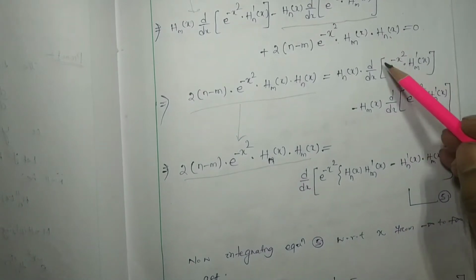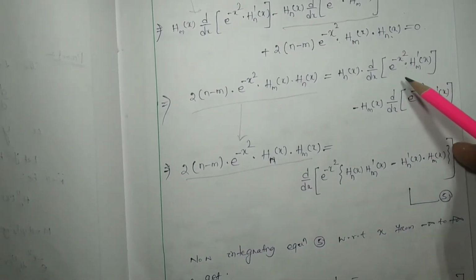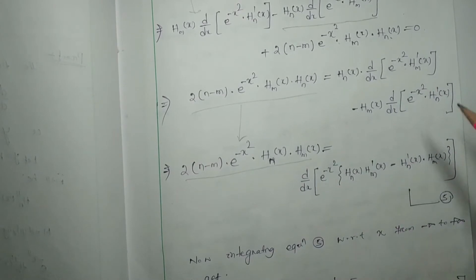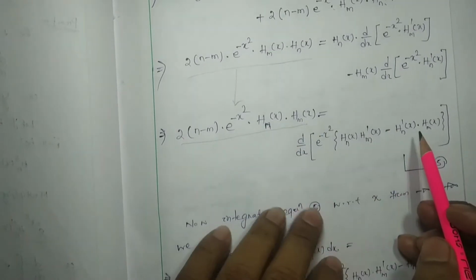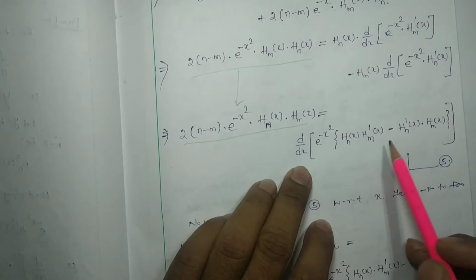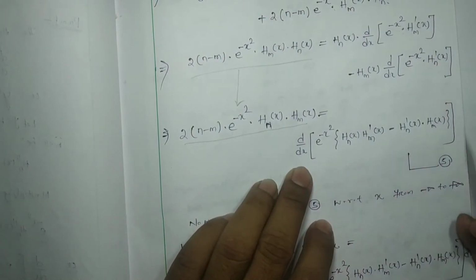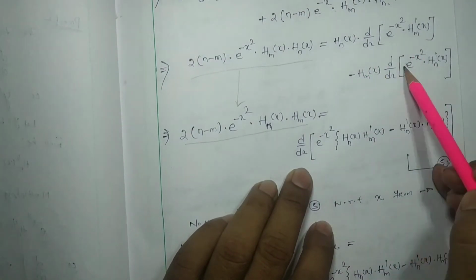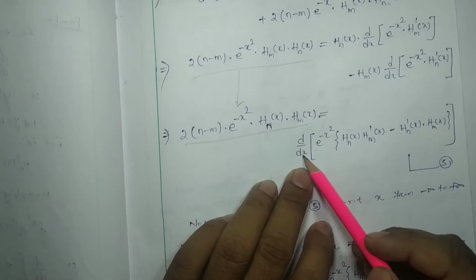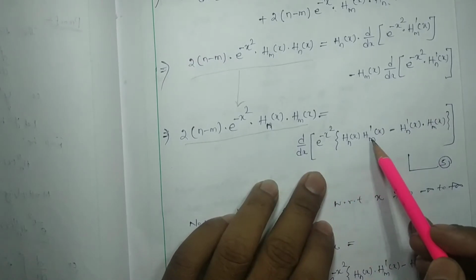See, these two terms have been written over here combined like this. See, if we have to consider d by dx of this much, what can we get? We can get these two terms. How? See, d by dx of this one, the first term we have to consider.